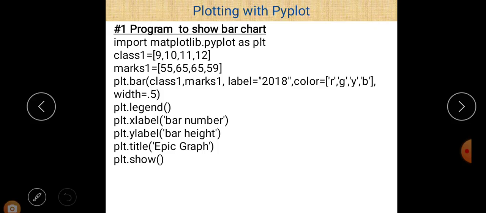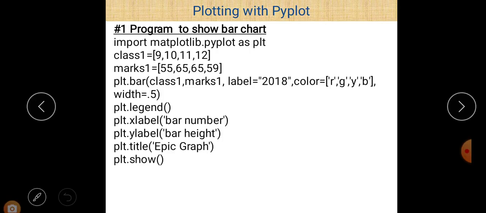Now let us talk about this program, which basically draws a chart here. So first of all, import matplotlib.pyplot as plt. Matplotlib is the name of the library, and pyplot is the interface here. So just write import matplotlib.pyplot as plt. plt basically gives an alternative name to matplotlib.pyplot. So whenever you want to use matplotlib.pyplot, just write plt in place of matplotlib.pyplot. After that put the dot operator and then the name of the function.